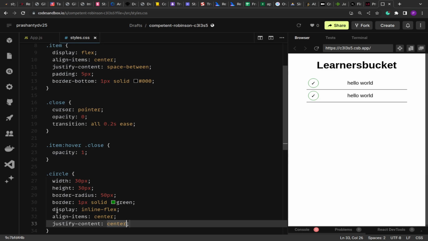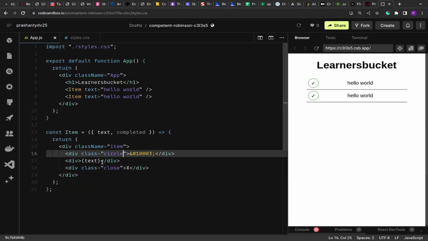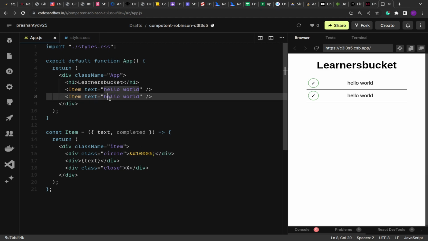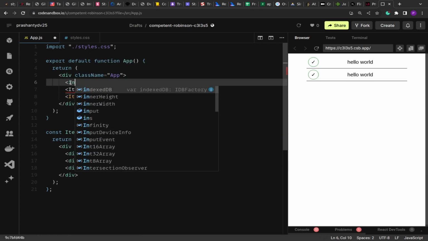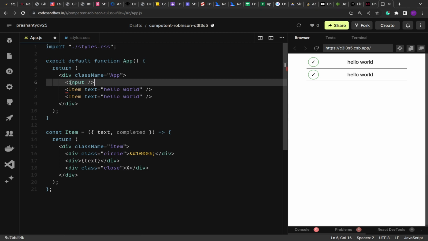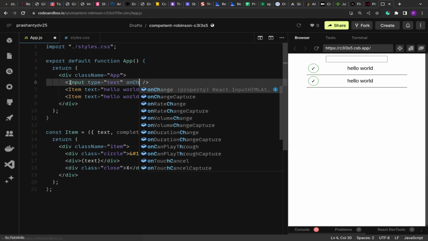So we got the circle in the center, and now only when the user clicks on it and it is completed, then we have to show this. So that we will handle. Now we got the structure of the item ready. Here let's remove this and have an input box. So input type equals text, and then onChange,